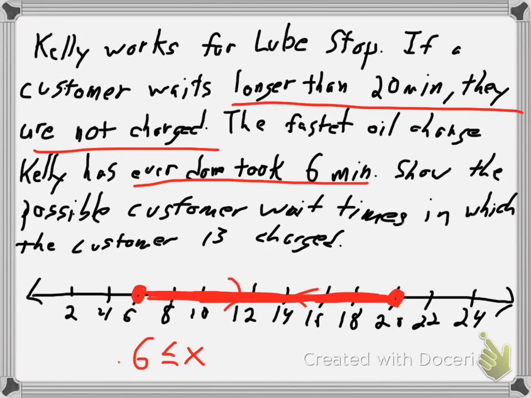But then I also know that in order for the customer to be charged, it has to be 20 minutes or less. So x also has to be less than or equal to 20. So I ended up with this really long inequality. 6 is less than or equal to x, which is less than or equal to 20. Now